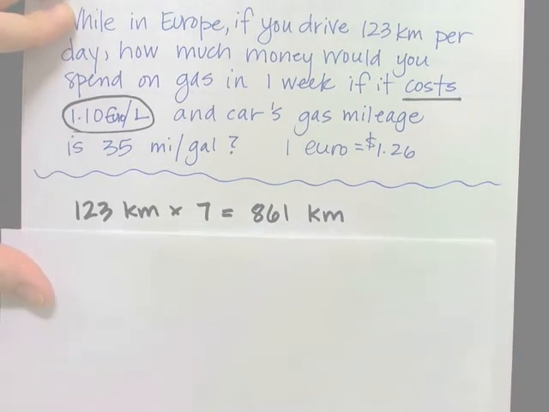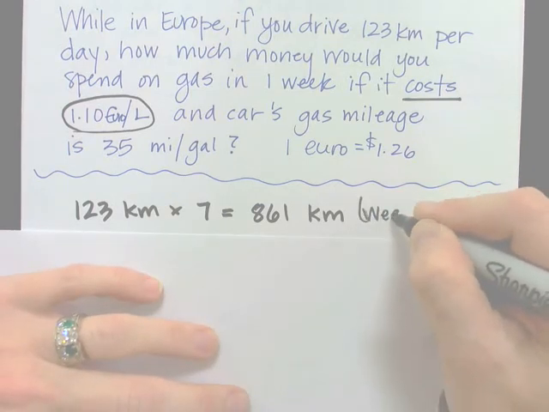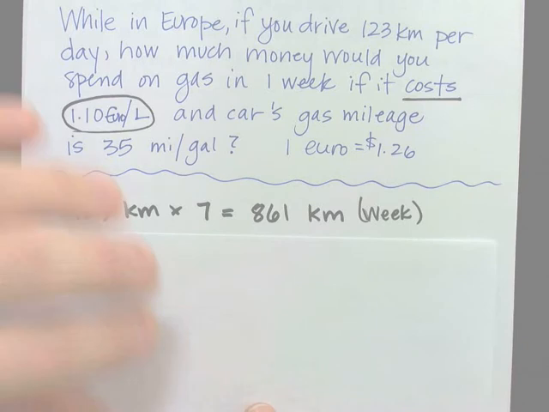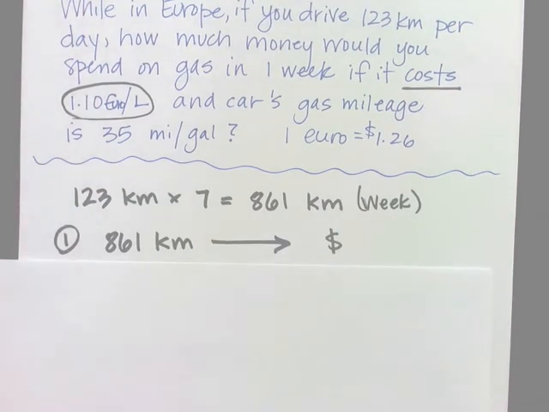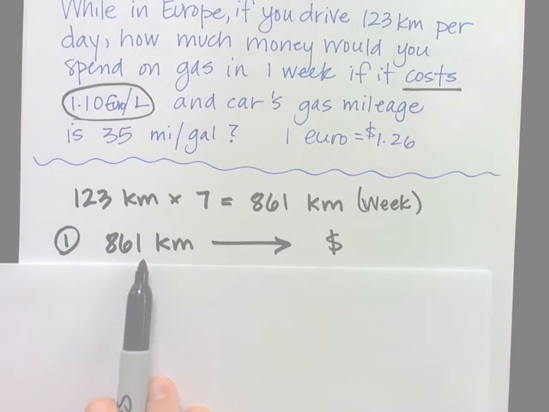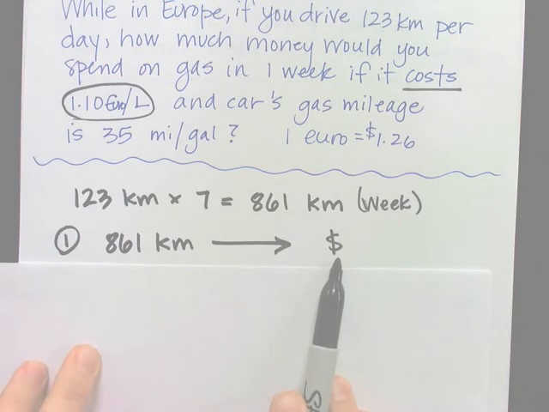So immediately I would just go ahead and multiply 123 kilometers by 7 so that we can figure out how much we're going to be traveling in 1 week. So on average 861 kilometers. So this is what I'm trying to find. I'm going to travel this distance, 861 kilometers,